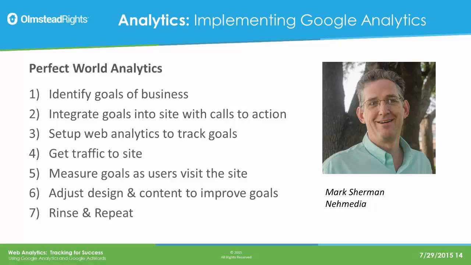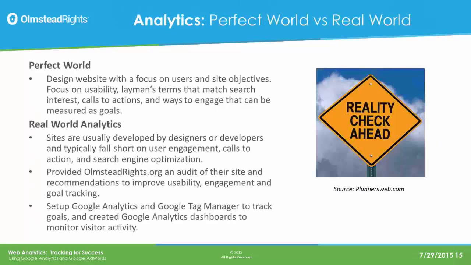as the nature of Google changes. Google changes all the time, and the whole way people access websites changes. The shift to mobile that's happened in the last 3 years has been hugely significant, and a lot of companies have been caught behind and are having to adjust their websites to adapt to that new reality. And Google Analytics can definitely help you understand what that priority is. Again, in the perfect world, you would design your website understanding specifically who your users are and what your site objectives are.